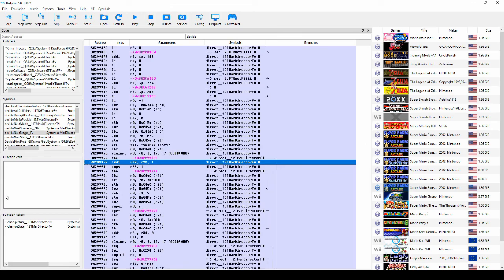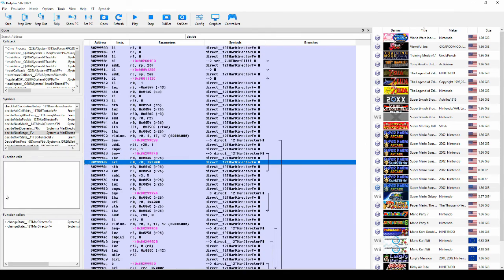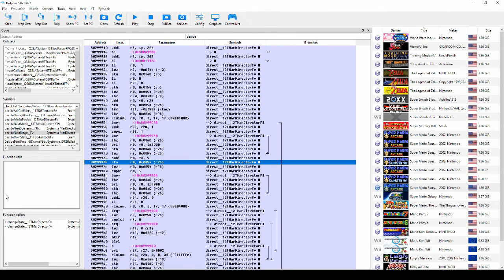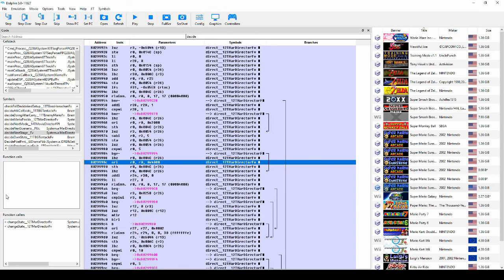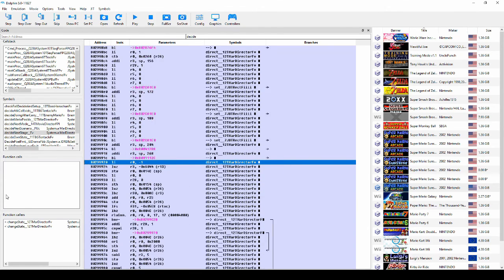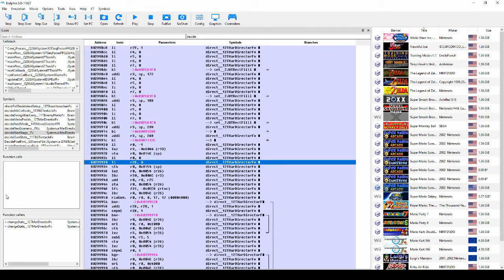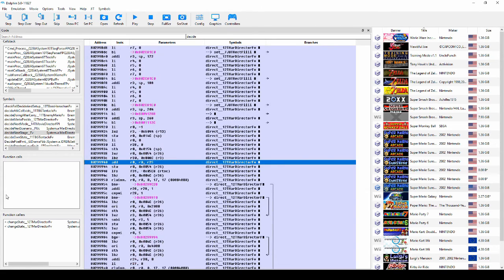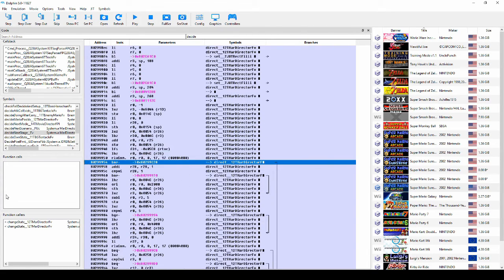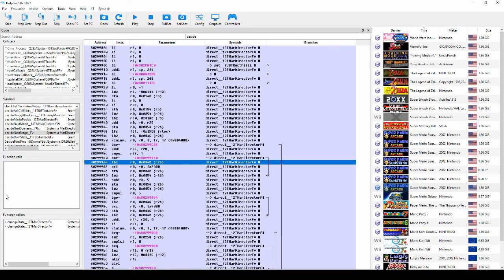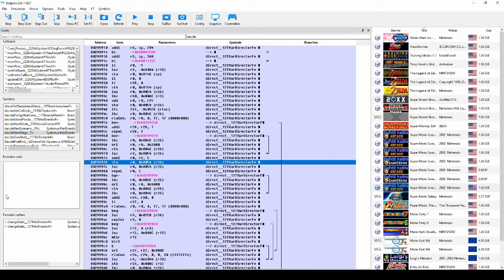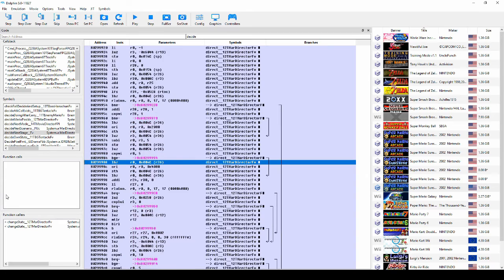That's why hackers will work on the level of assembly language to make small changes. Another important part of editing the machine code is the symbol map. This tells you the functions' names, and it's really helpful in finding out what to edit. Not every game has a publicly available symbol map, but luckily the symbol map for Super Mario Sunshine was on the PAL and Japan versions of the disc. If it weren't for this symbol map, I probably wouldn't be able to make any of the edits that I